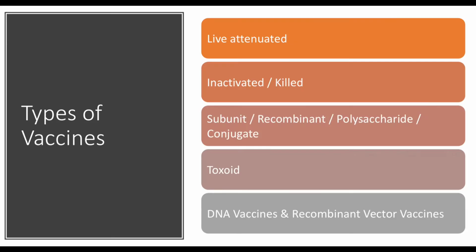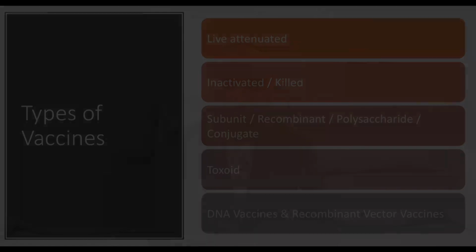There are several types of vaccines. I think it's really important to talk about the types of vaccines. This includes live attenuated vaccines, inactivated or killed vaccines, subunit vaccines, toxoid vaccines, as well as DNA vaccines and recombinant vaccines. Live attenuated vaccines are essentially a live pathogen or a live strain which has been modified so it's less